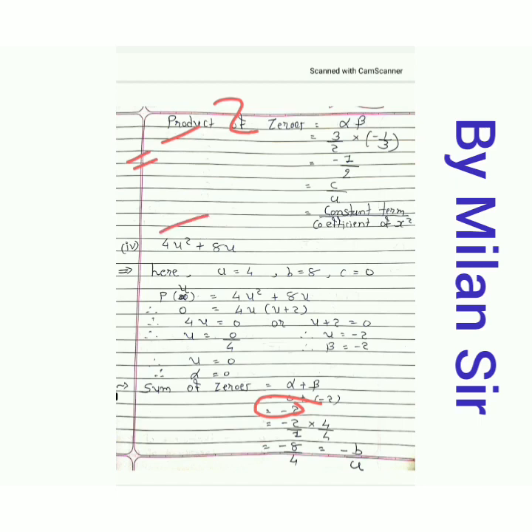Then skip this step and directly write down minus b by a. Now set your second step, minus sign as it is. Value of b is equal to 8 and value of a is equal to 4. Okay, so in this way you can write all these three steps, and at last we get minus b by a. Okay, then you know that b is the coefficient of u divided by a, which is the coefficient of u square.